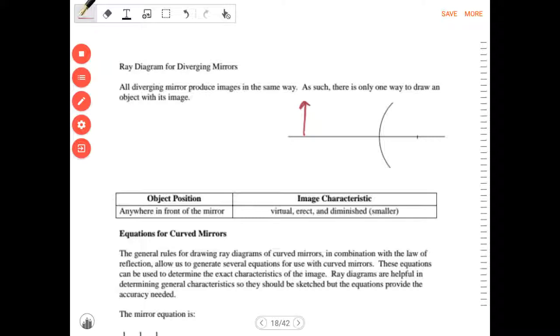Well, this is why. So if you draw a ray towards the mirror, it will bounce off as if coming from,